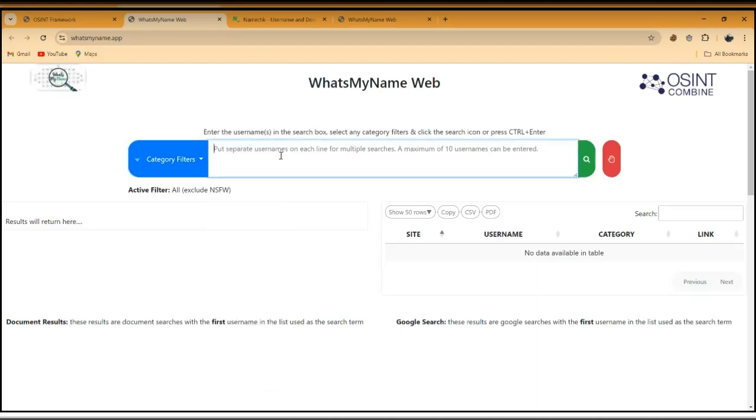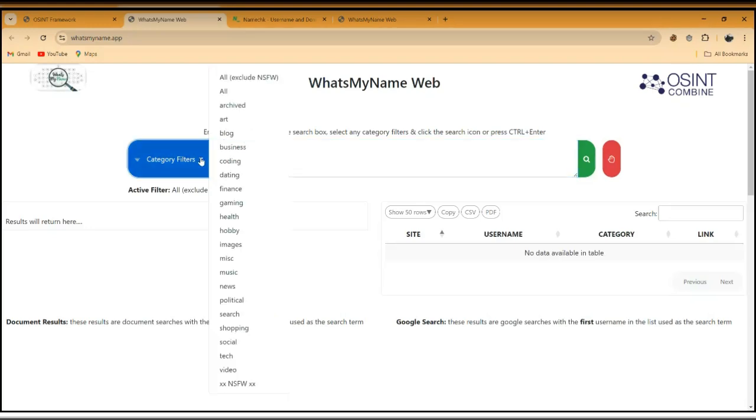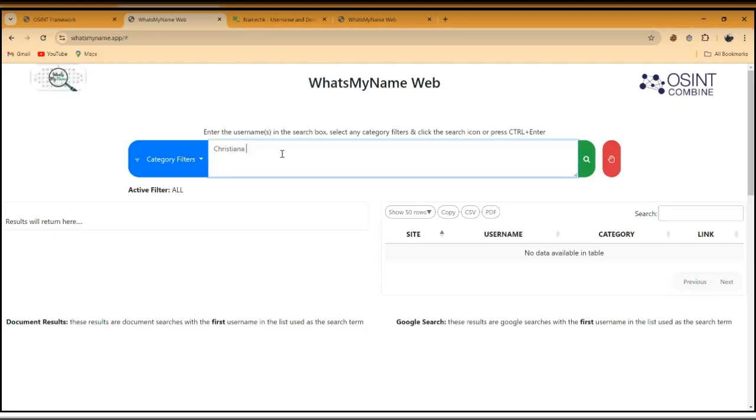Let's look for Christiana's name. Christiana. Am I correct with the spelling? Christiana. Please, if I'm not correct, you can tell me. So let's look at the various sites that she belongs to. Let's check all. Christiana. Let's look for her full name. I don't think so. Let's just check. Let's see.